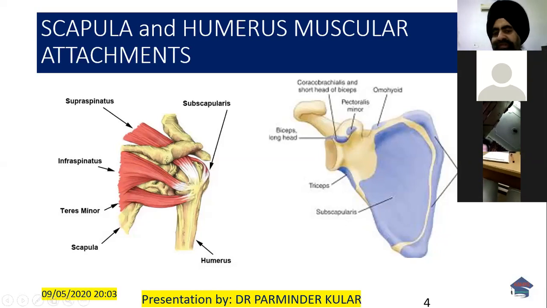Surrounding these muscles, we have the bigger muscles, which are the teres major, the pectoralis major, and the latissimus dorsi, which are the stronger muscles. Latissimus dorsi is the unique muscle which is very helpful in climbing. Those who do mountain climbing have a very well built latissimus dorsi muscle. It gives a triangular shape to the back. So when you exercise in the gym, when you pull down, you are in fact working with this muscle. When you climb a rod, chin up the rod, this is the main muscle which helps you.